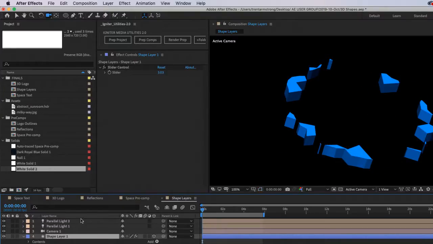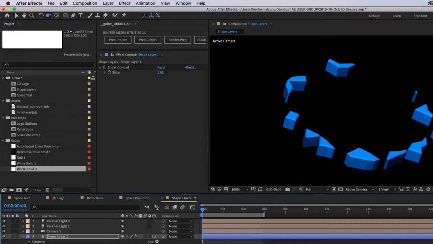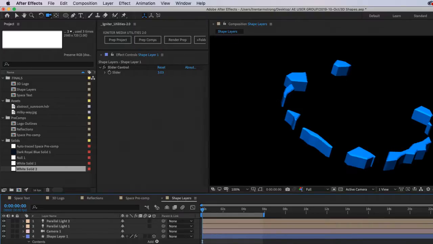And not only do we have depth, we also have the opportunity to do a bevel. Like that. I can let this guy be animated.